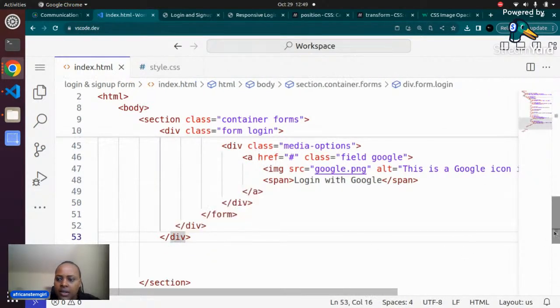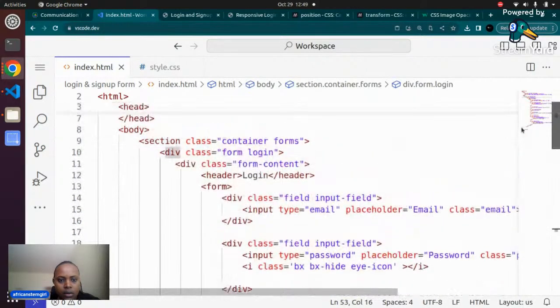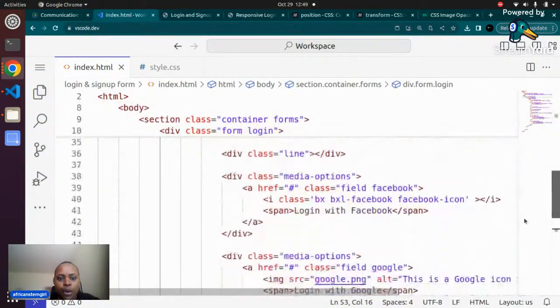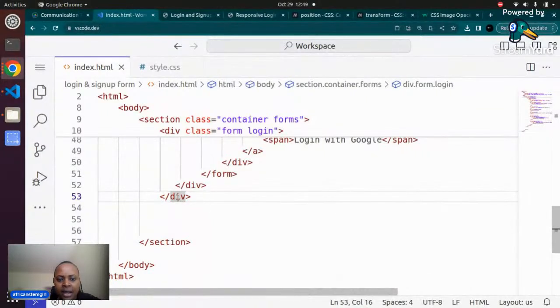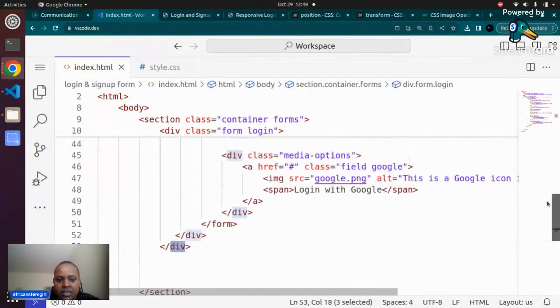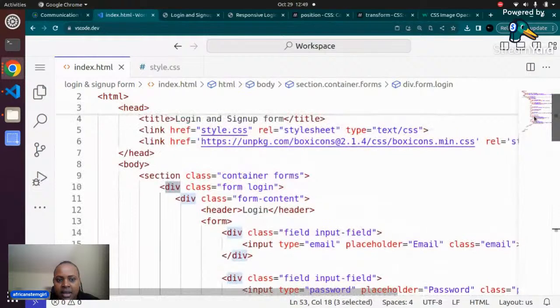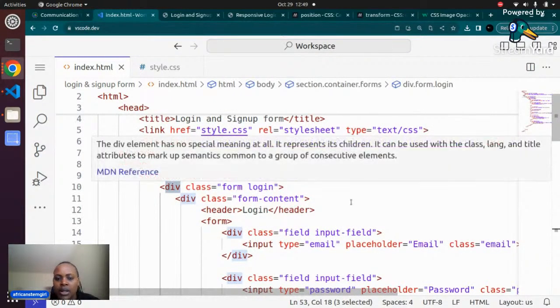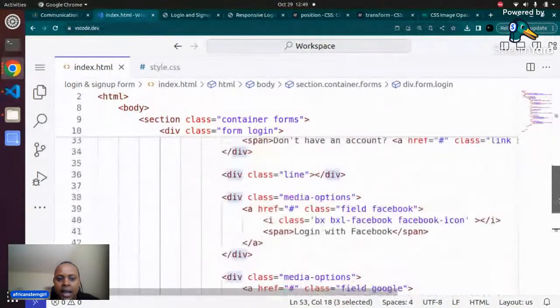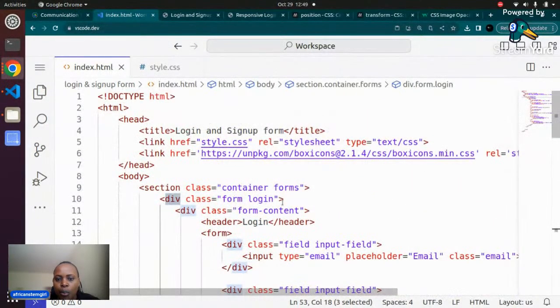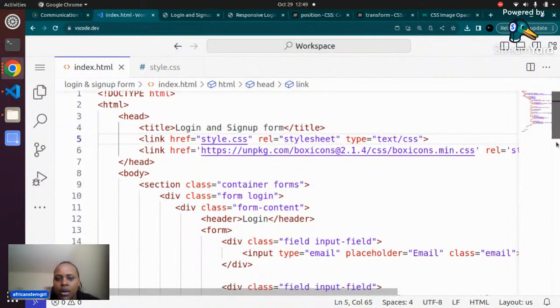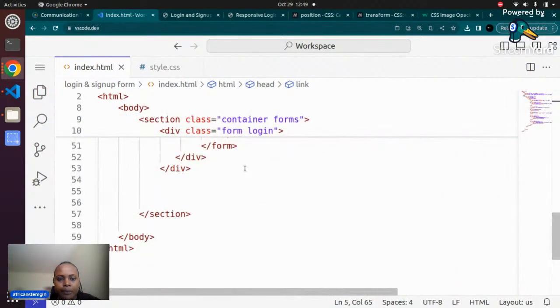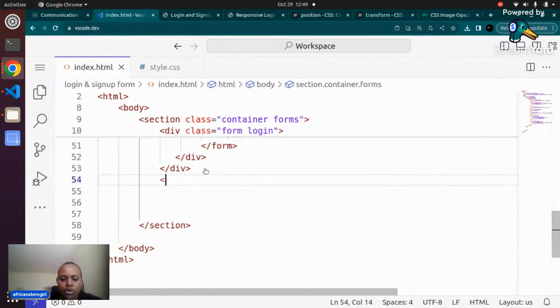So let me see. Yeah, form login. So form login ends in that div. I have highlighted it. When you highlight it like this, you can see this line, and it shows me this is the closing tag of this opening tag. That is how I make sure that I am in the right place. You can see this is form login. I'm not going to create a new one for form sign up. So here I'm going to say div